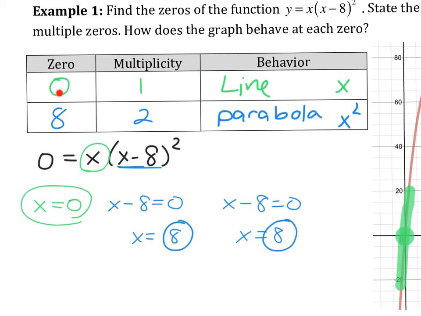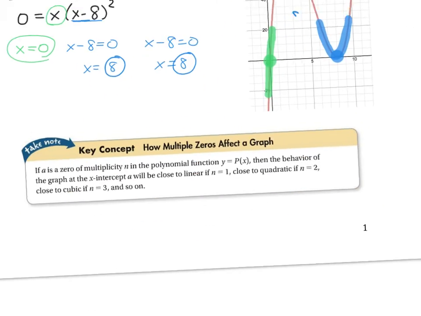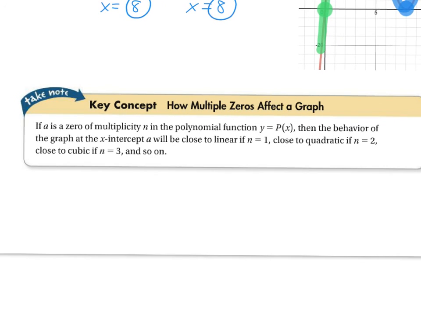This has a 0, a multiplicity of 1. Because of that, it's going to look linear when it passes through the number 0. This has a multiplicity of 2, so as it passes through 8, it's going to look like a parabola. So, here is the key concept. This exactly says what we just repeated. Let's read through this. If A is a 0, and it has a multiplicity of n in the polynomial function